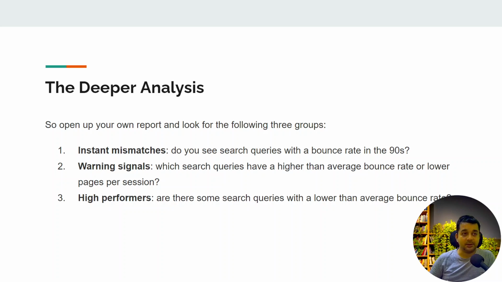If there is any search query with a very low bounce rate, it means that people who are using that search query are coming to your store or website and they are staying there for a longer time. They are not jumping away from your store or website, and this means that your ads are working perfectly for those particular search queries, and you can even bid more, or you can create new ads using those particular search queries. So this is how you can understand this data.